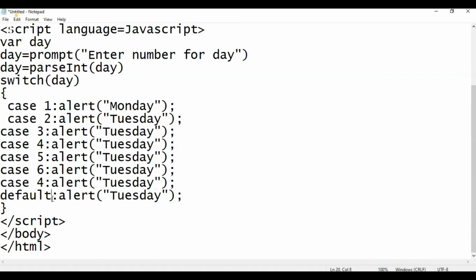Okay, so last will be default. Now here is a case 1 says that it's Monday, case 2 is saying that it's Tuesday. Here I will say Wednesday, here Thursday, here Friday, here Saturday, and here Sunday,